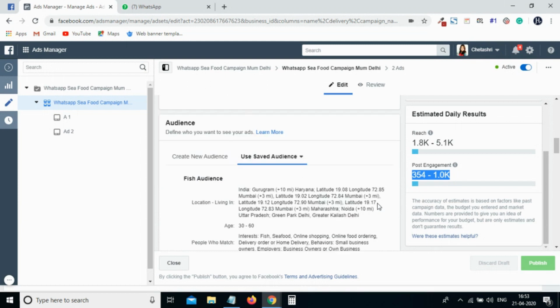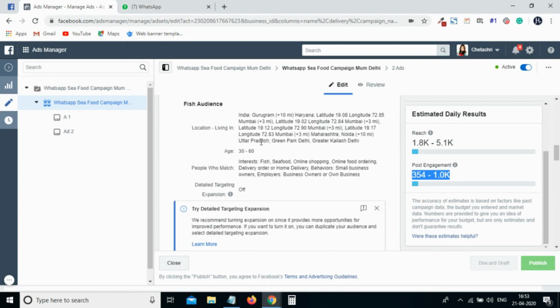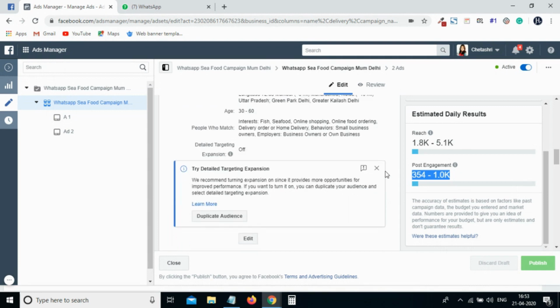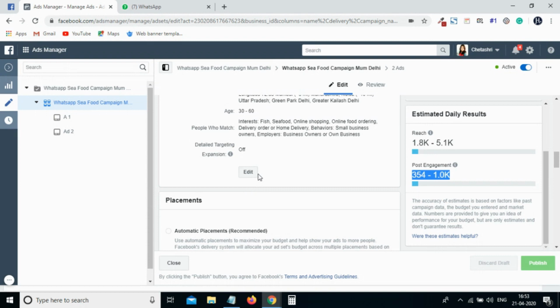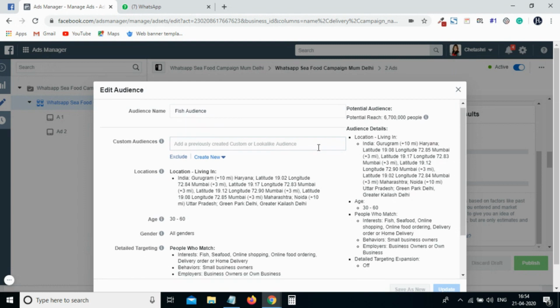After that, I have selected my area and my audience set. Now this campaign was for the people who are delivering fish, home delivery. They are delivering fish and providing bulk orders in Delhi, Kolkata and Mumbai. So what strategy have I designed for these guys? They are selling fish products online. These are frozen fish products, and yes, so this is the audience set.